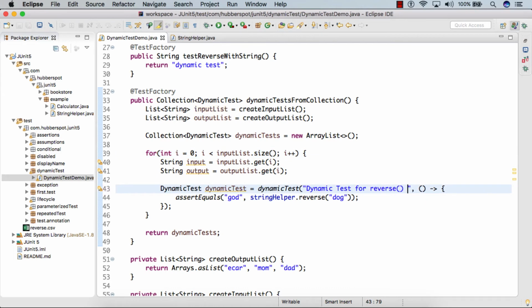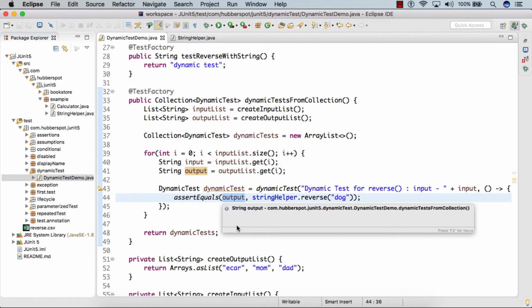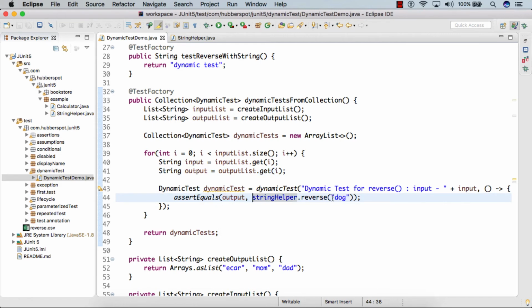The display name we provide is dynamic test for reverse, with the input, and the executable we provide checks our expected output: whatever the StringHelper returns for this input, it should return this output.